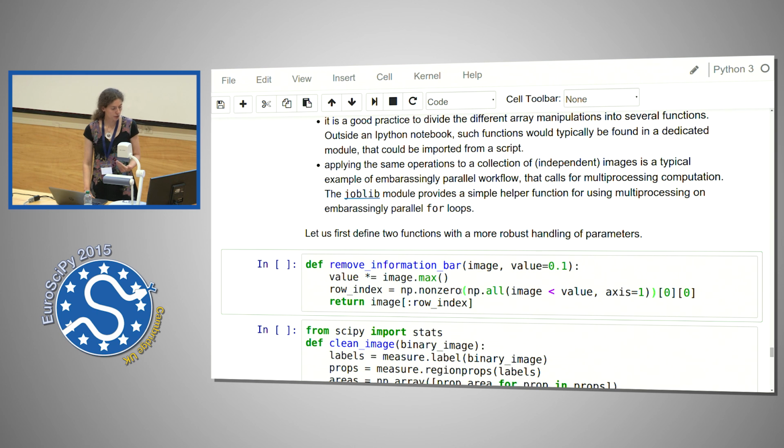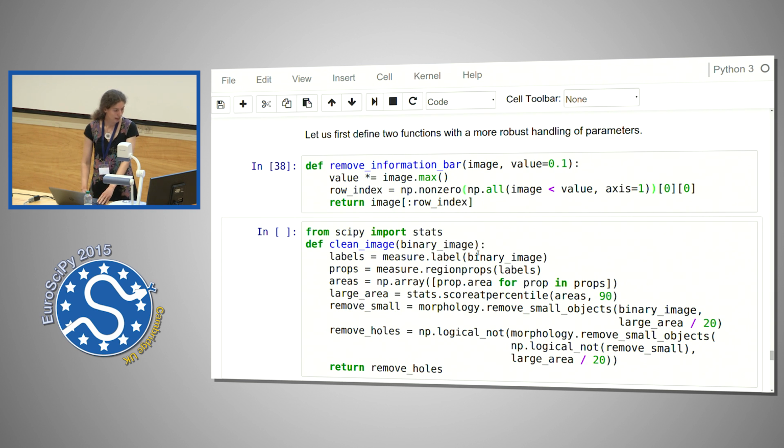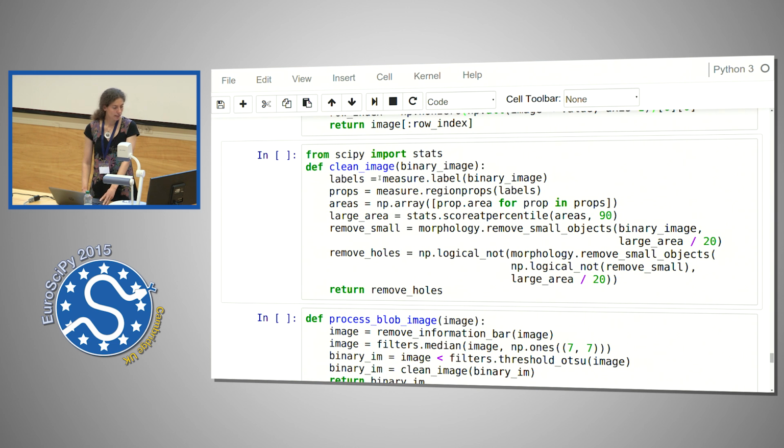First, let's define a function to remove the information bar. And as the location of the information bar might vary from one image to the other, we don't have a hard-coded value. We put something that determines the value of the row index in a more automatic way. Then, in order to clean the image,